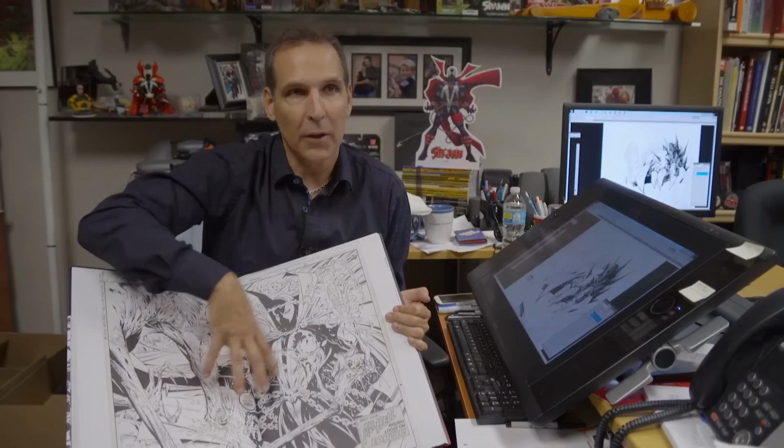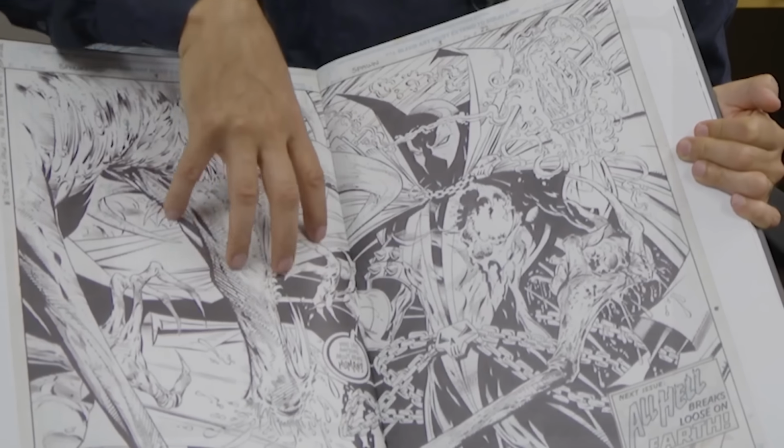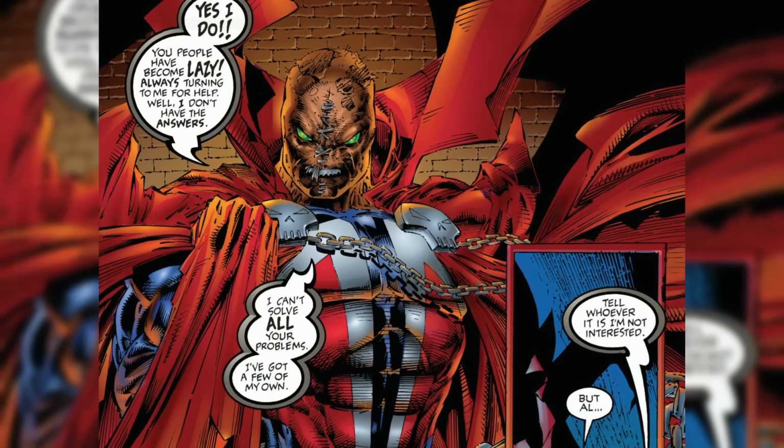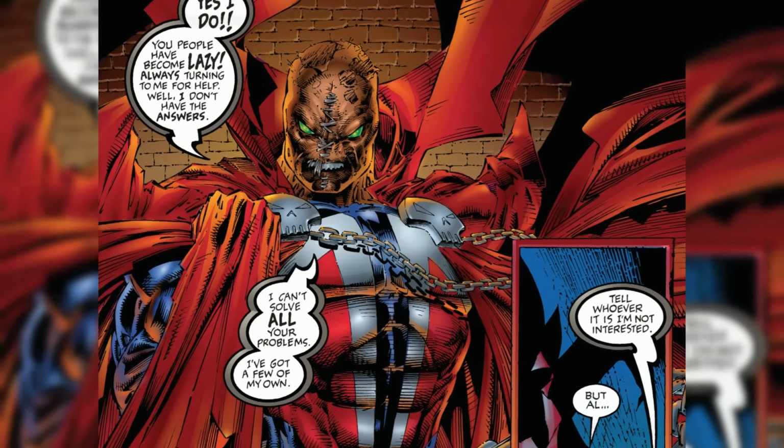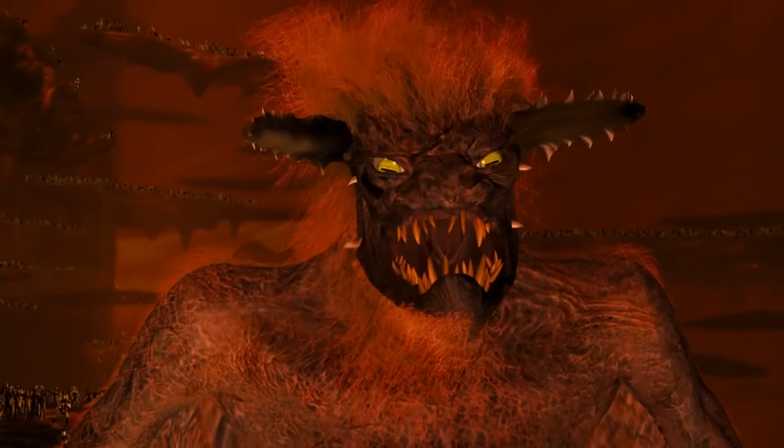I don't believe that Todd McFarlane has also given us the limits of what this suit can do, meaning that the sky is the ceiling. However, I think we can't forget that despite the fantastic powers that it grants, the suit exacts a toll on its host. A toll which, if not paid, can lead to the Hellspawn returning to Malbolgia having run out of literal juice,